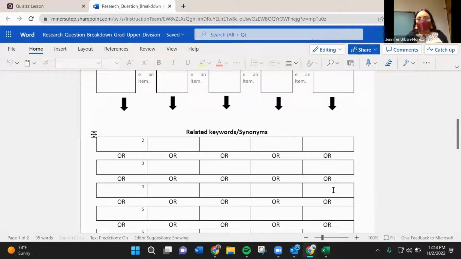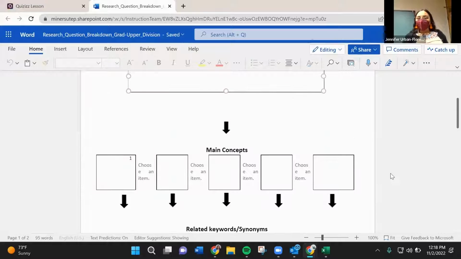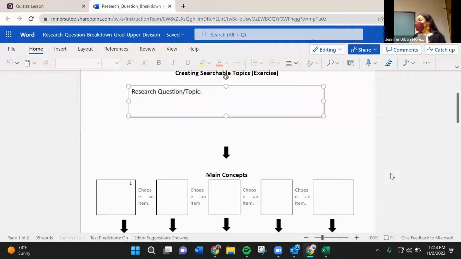So with that said, is there anyone that would like to volunteer either their topic, their ideas that they want to work through, or something that they're going through in a class right now where they need to find their sources or need to find additional information? You're more than welcome to type it in the chat, and then I can go ahead and call on you, or if you want to volunteer here, doesn't really matter, but let me know. Anyone want to volunteer?